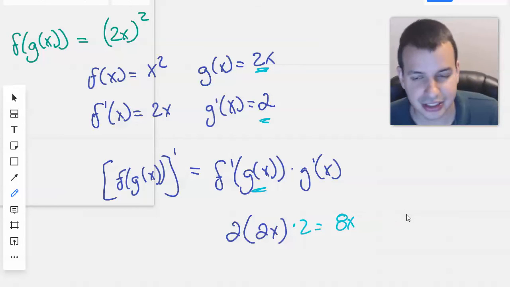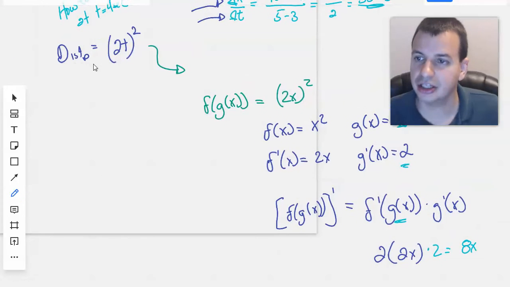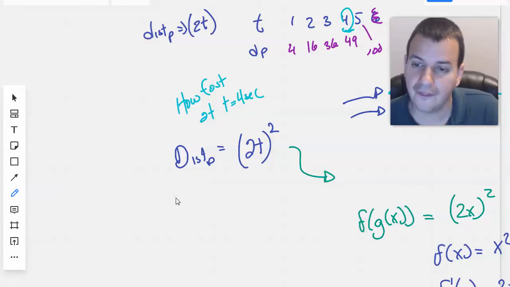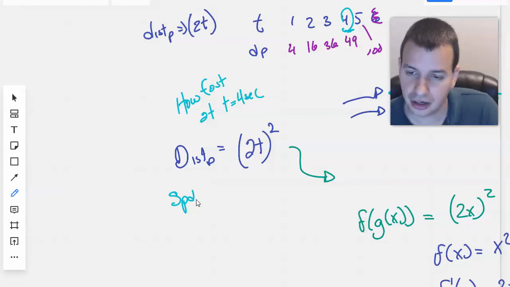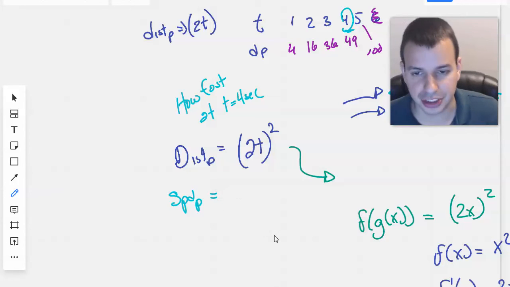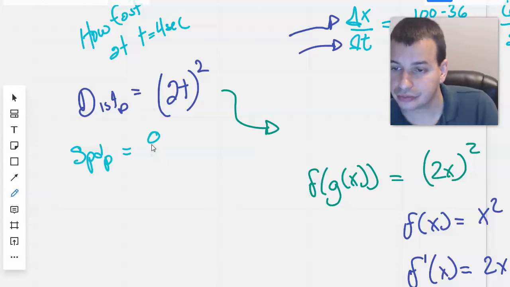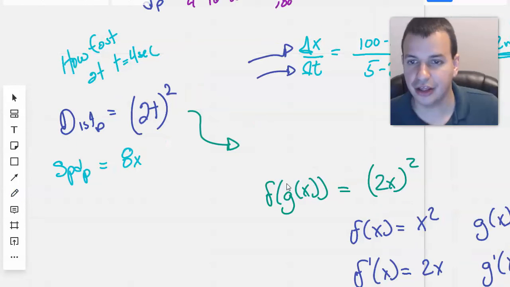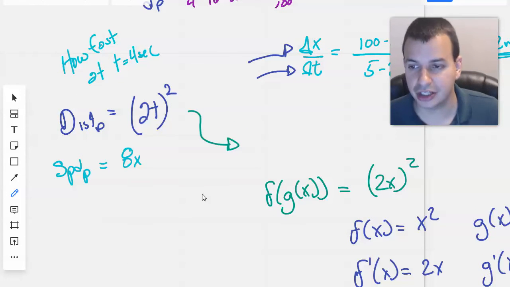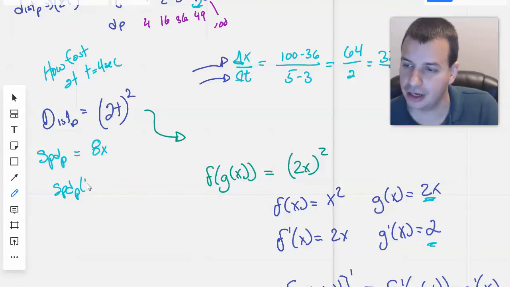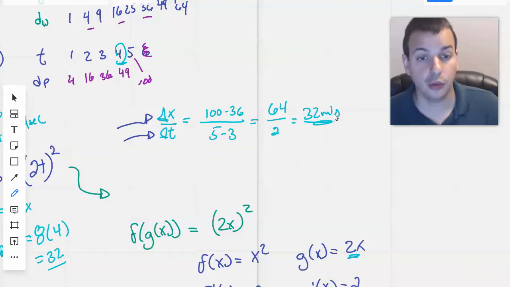So the distance of the person is 2t, quantity 2t squared, but I'm going to say the speed of the person, which is the derivative of distance with respect to time, is 8x. And if we look at that, therefore, the speed of the person at 4 seconds would be 8 times 4, which is 32, which would be 32 meters per second, which is the same as our